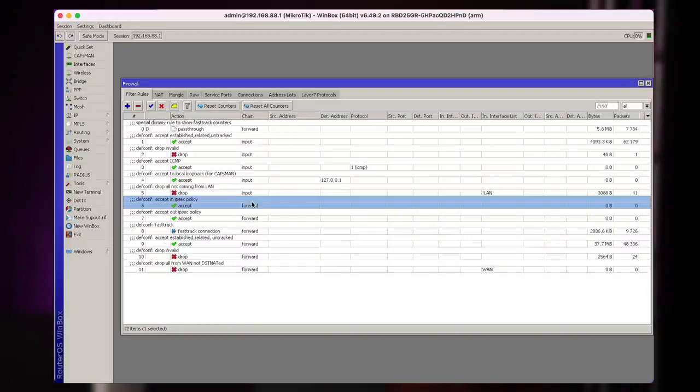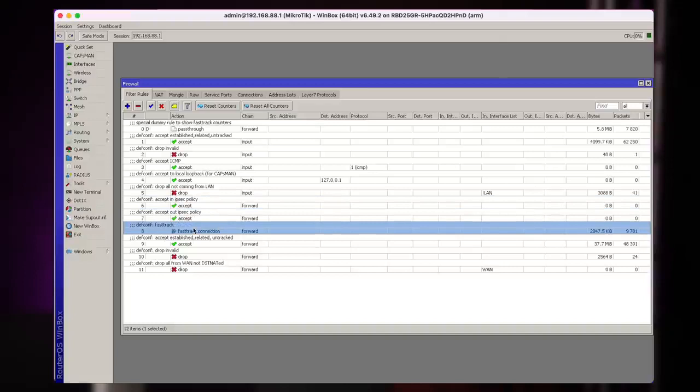Now we get to the forward chain rules for traffic that is forwarded through the router. We allow IPsec, then we do fast tracking. Fast tracking is a feature that makes the router work a little faster by disabling certain functions that, well, for most home users are not needed.